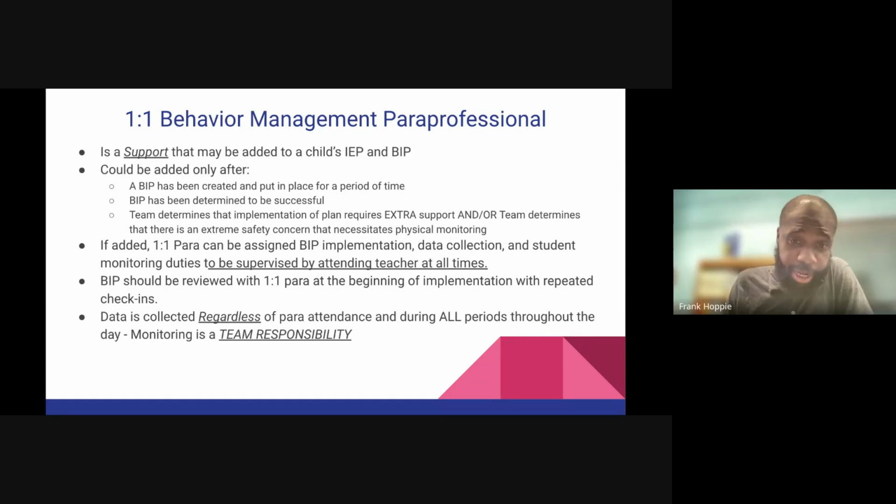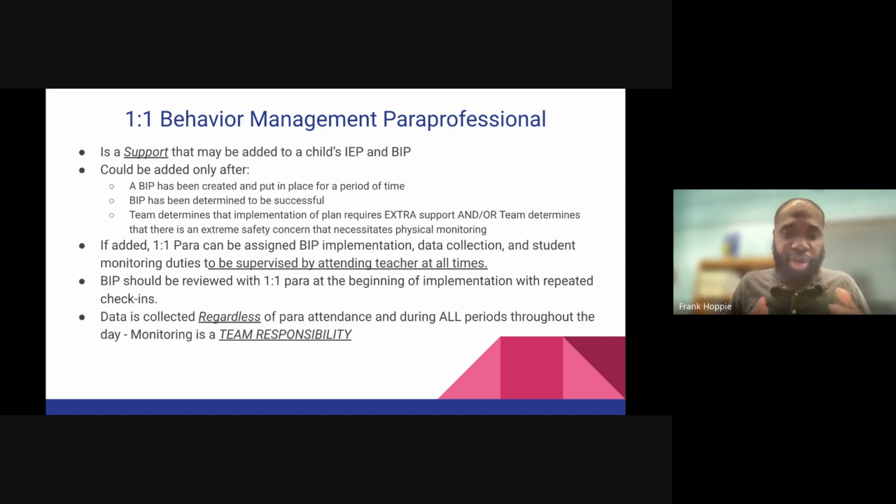And just to add on to that, as far as the supervision of data collection, while obviously we work as a team, the teachers are the instructional lead in the classroom. They are the instructional lead in this situation as well. So we come in and provide the support as far as giving you your data sheets. We might pass along the BIP, even though that's still online in CSIS, a copy of the BIP and a copy of the progress monitoring tool. We can explain it and so forth.